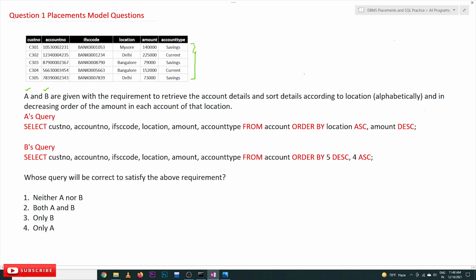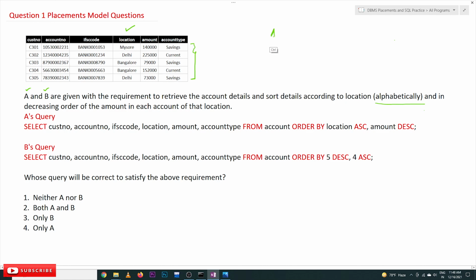The display of those account details has to be sorted according to location alphabetically. So we have to sort the details according to this column, and it has to be displayed alphabetically.